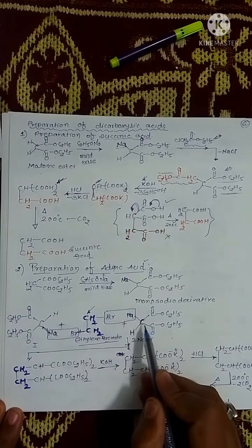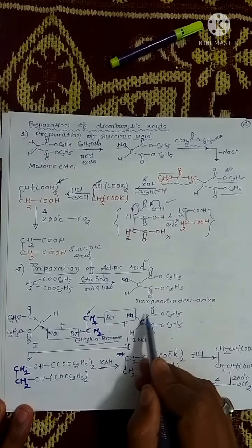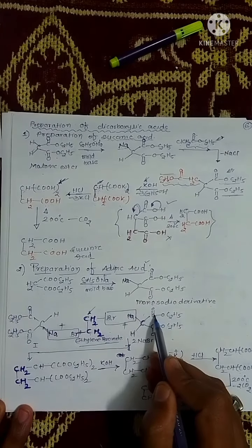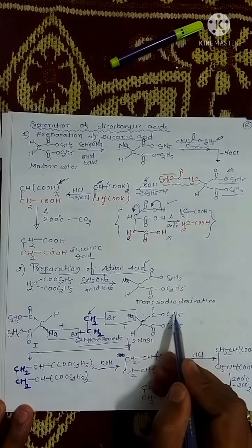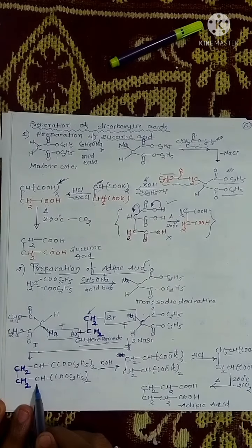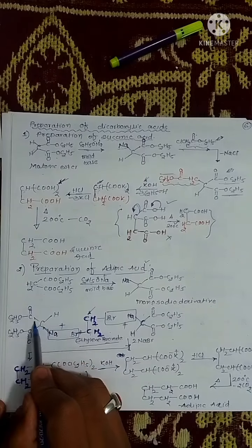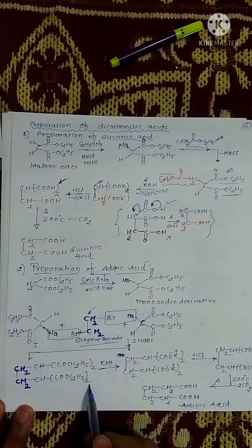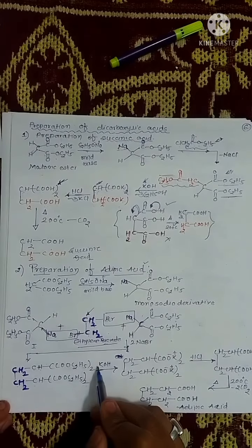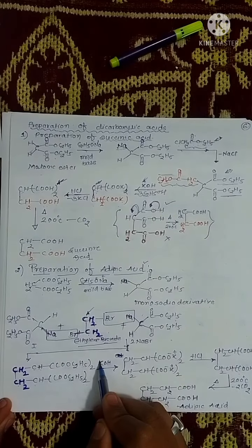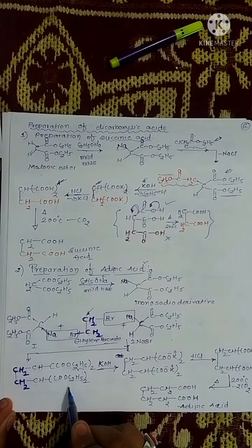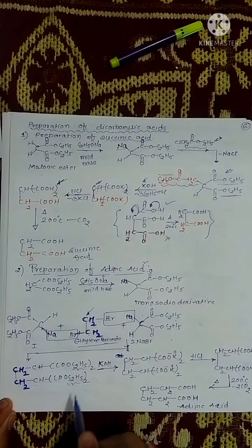On this carbon all these groups are attached, so CH here, and this carbon also has two C double bond OOC2H5 groups, so it is COOC2H5 twice. Same thing is here, CH and COOC2H5 twice. When this compound is reacted with KOH, what is going to happen? In total there are 4 ester groups.